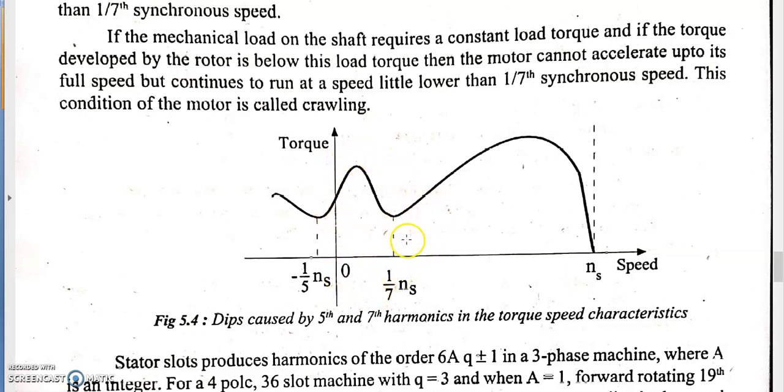So what will happen is, this 7th harmonic torque will also be added to the fundamental frequency torque. So at 1/7 of the speed, this is actually the steady state operating region of the induction motor. See here, at low slip values, actually at this point the slip value is 0, so here the slip value is maximum. The maximum slip at which you are getting maximum torque. Actually, this region is the steady state operating region in an induction motor.